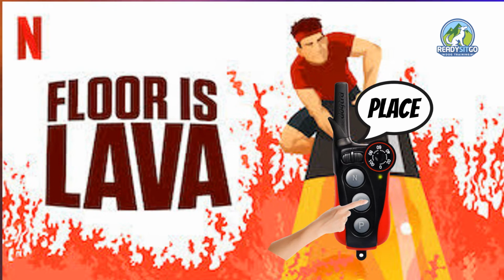learning environment. The first thing we're going to do is get your dog outside on one of my place boards to warm them up. Since it's a new place, we'll spend a couple of minutes getting your dog comfortable with the new object first. I won't use the collar or commands at first if they're not comfortable with the new object. I'll try patting it or put my body weight on it until they're comfortable. Once your dog is comfortable with the new object, we'll call it place. If your dog leaves the object, we'll go right back to the floor as lava and help them with the